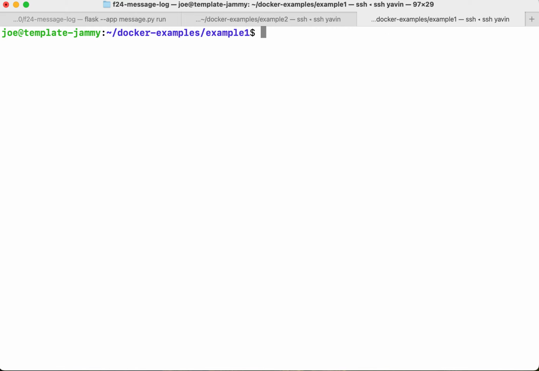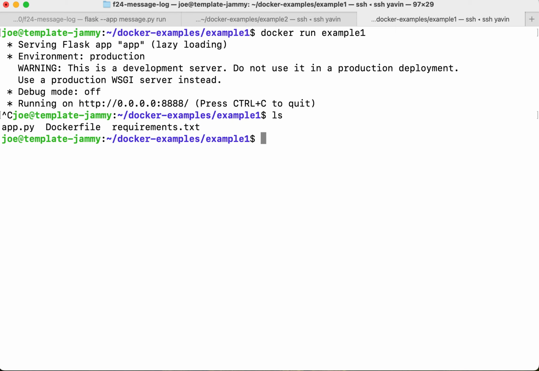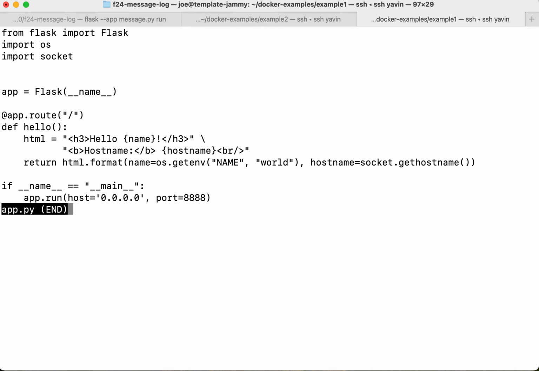After we build an image, we usually want to run it. So docker run example1. Now this particular application, and I didn't go look at that, but we can if we want, is just running a web server on port 8888. So let's take a look here, back at app.py. Again, we're not focusing so much on the Python stuff. This is a simple Flask app. When they visit / on this web server, or the root,